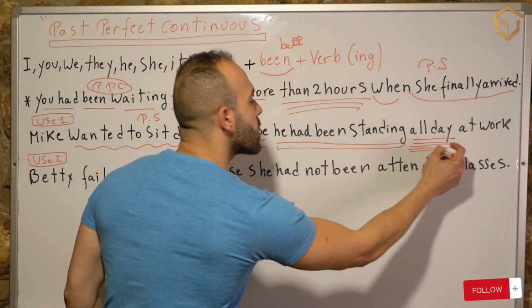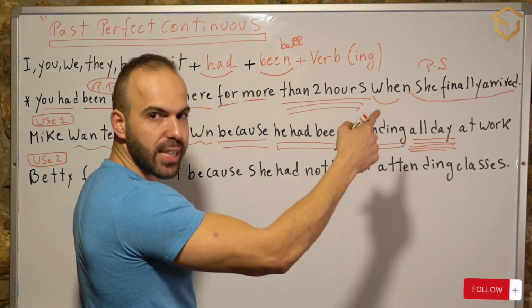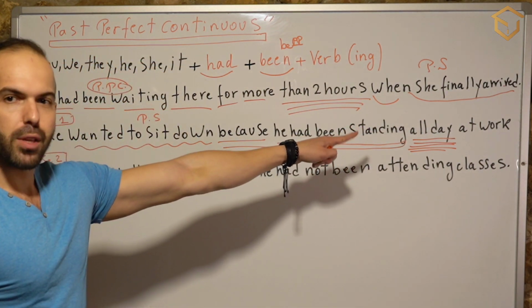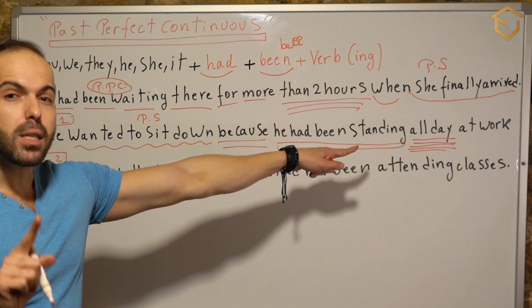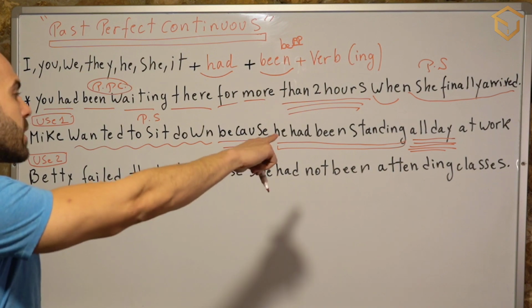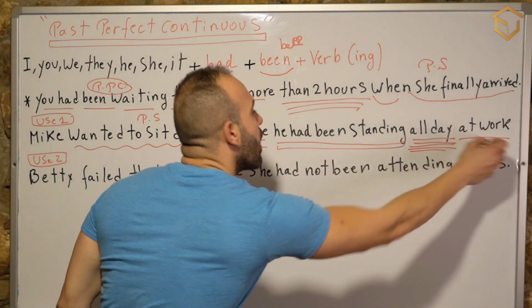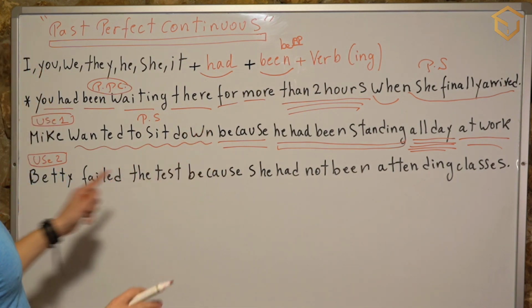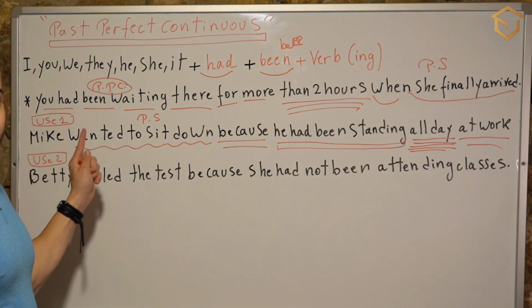We quite use this time word with the perfect tense. And if you remember, we used the specific time word with the present perfect continuous. So he had been standing all day at work, but that action stopped